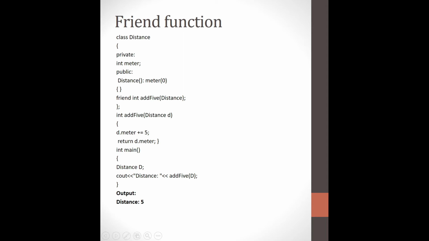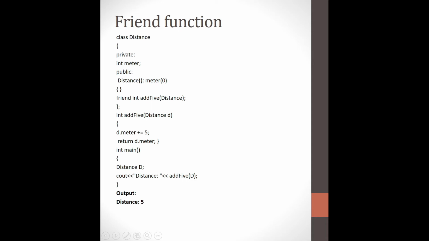You know already that whenever a function is declared inside the class and we define it outside the class, the compiler will search for a scope resolution operator. But you don't have a scope resolution operator here, which means it is a non-member function. So add5 is going to be a non-member function. But you can see that it is going to access this meter, which is the private data of a class. That is why we go in for a function which is called a friend. You just use a keyword inside the class, friend, and then the function name.